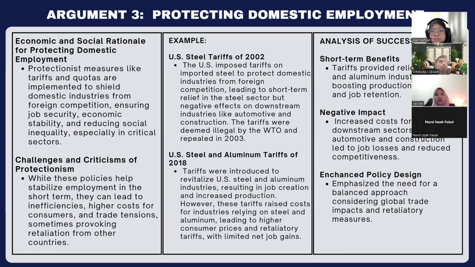So basically, the analysis of success for this. The 2002 and 2018 cases highlighted the dual-edged nature of protectionist policy. There is short-term success and also long-term challenges. For short-term success, industries like steel are temporarily stabilized and jobs were saved or created in targeted sectors. For long-term challenges, higher costs for downstream industries reduce competitiveness and retaliatory measures strain trade relations